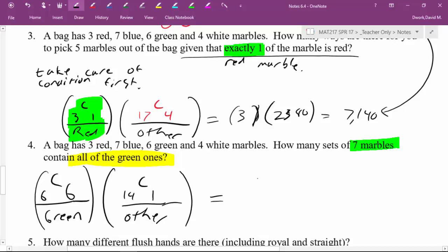So therefore, here we go. 6 combination 6. If there are 6 green marbles and I need to choose all 6 of them, there's 1 way for me to do that. I pick all of them. And then 14 combinations 1. If there are 14 other marbles and I pick one of them, there are 14 ways for me to do that. So there are a total of 14 different combinations of marbles that have 6 greens and 1 other when